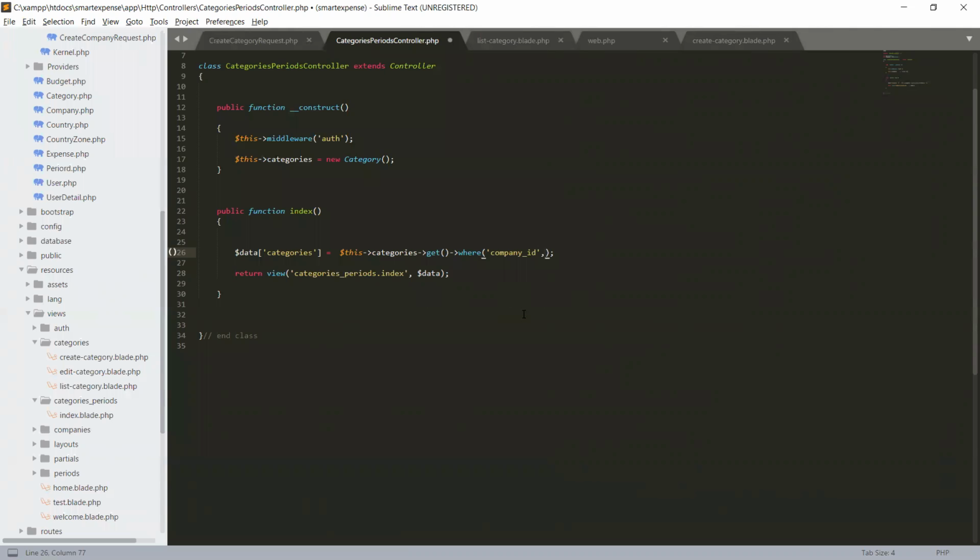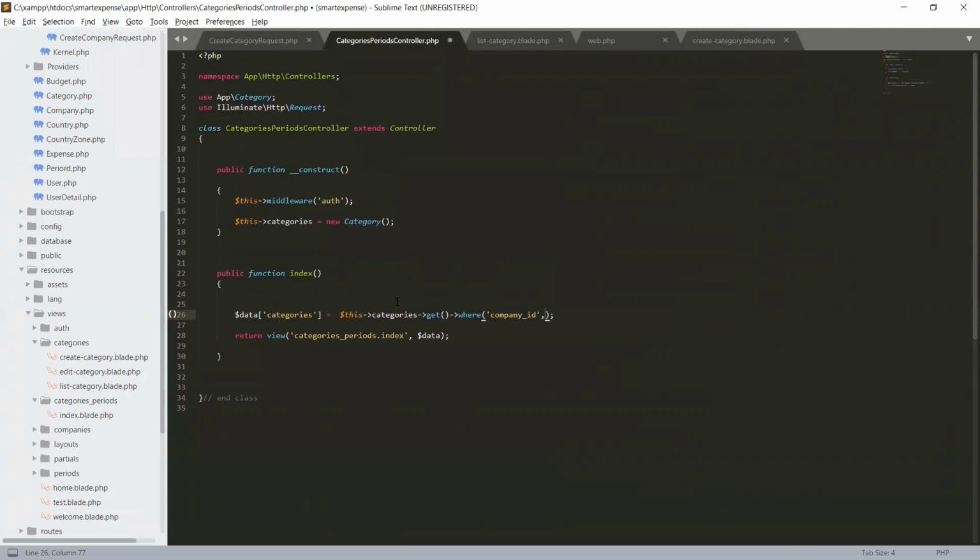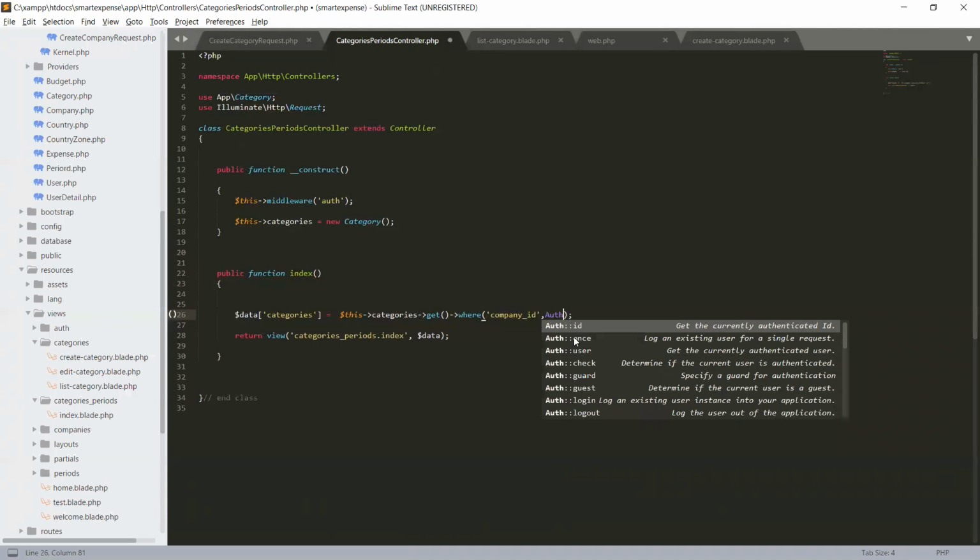So the company ID, where is it? We'll need a company ID from the currently logged in user. Okay, let's pull that company ID, and we can get it by using the Auth facade.